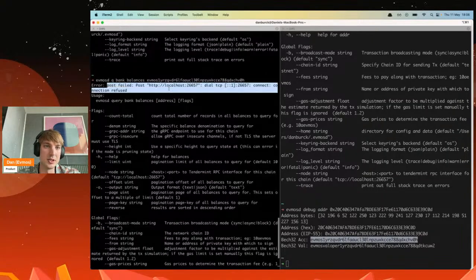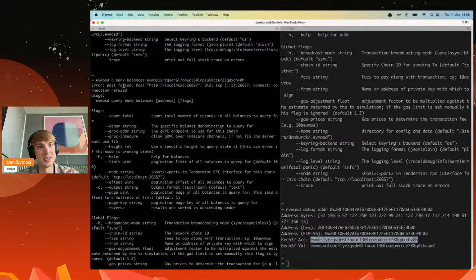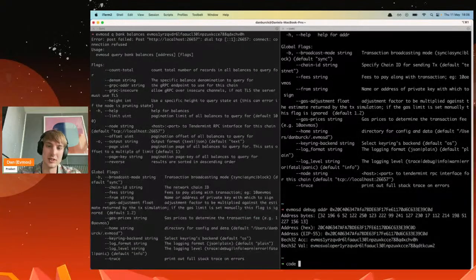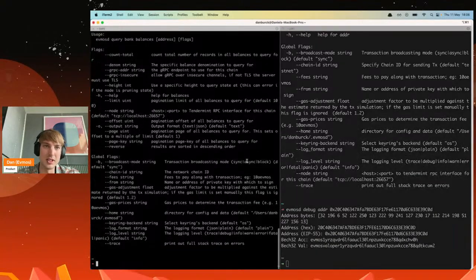saying it failed to connect to localhost, because that's the Tendermint endpoint from consensus that it defaults to. I'm not running a local node here right now. I could do this, I'll show you that in a second. We have time, but what we actually want to do is talk to testnet, right? So we can say we want to talk to the testnet node, and then